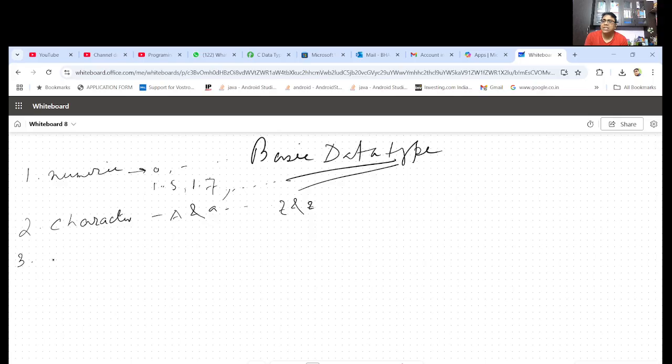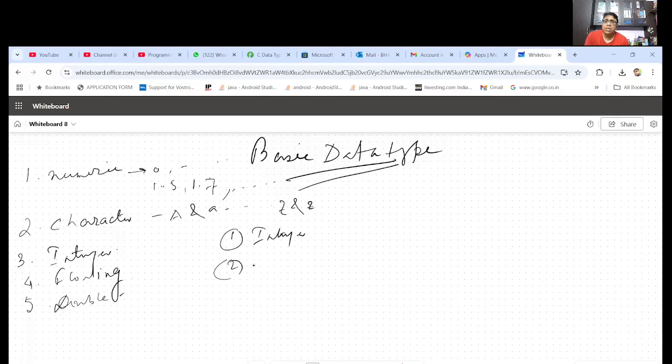Number three: if you divide the numeric data into two types, one is integer data and another is floating point data. Another one is double data, similar to floating but with some difference that we'll discuss. So in C, the basic data types are integer,